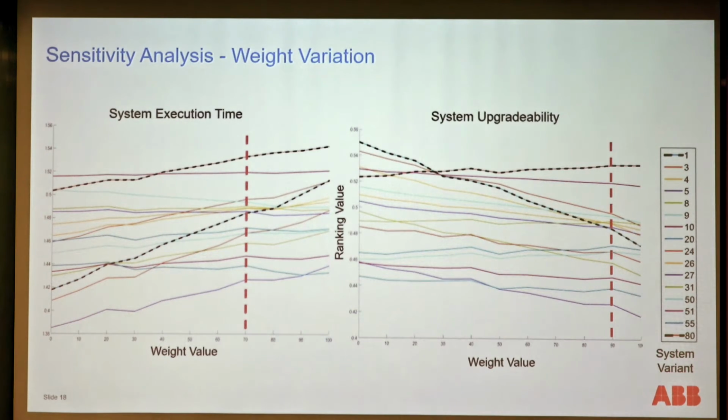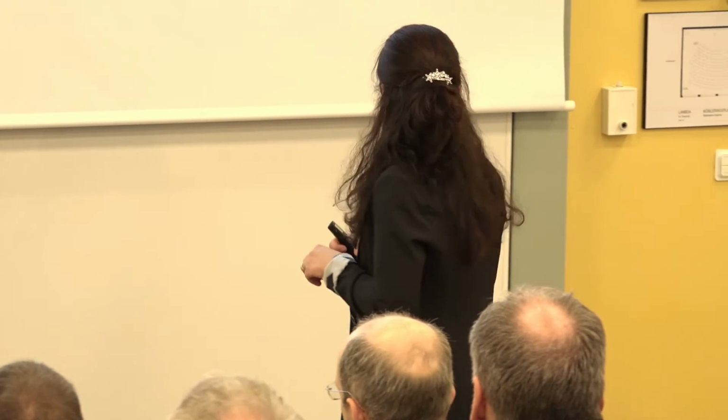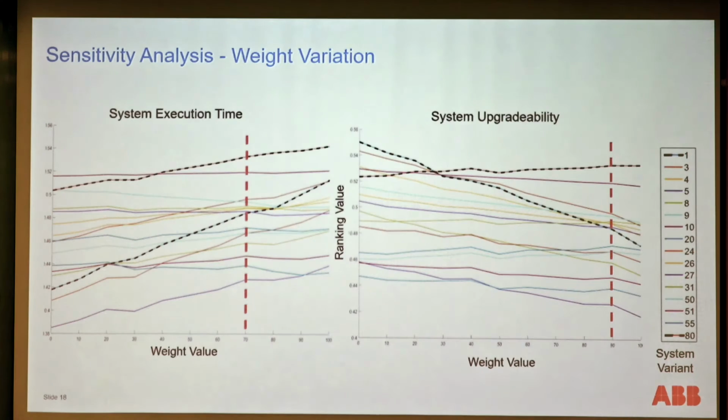The two that are marked with dashed black lines are, one, the number 80, which was the one that has been selected and deployed as the best one, the most suitable one, while number 1 is the full hardware configuration in which all of the components are implemented in VHDL. And we can see that from the execution perspective, the one that has been selected has always been the first one selected, even though there is a variation in weights,